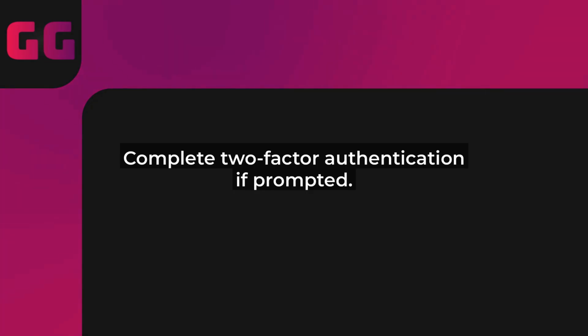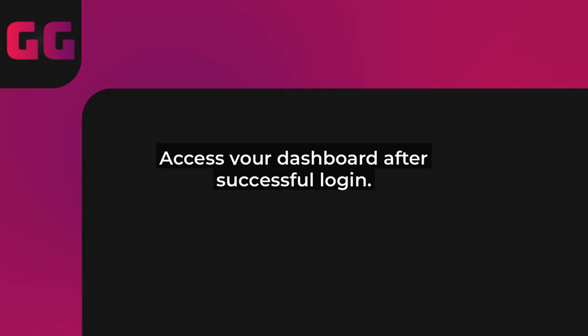Enter your username. That's often your email address or a student ID, and then type in your password. Make sure your caps lock is off and double-check for any typos to avoid common errors. If your account has two-factor authentication enabled, which is a smart security feature in 2025, you'll get a prompt on your phone or email. Just follow the instructions to verify your identity. It only takes a few seconds.